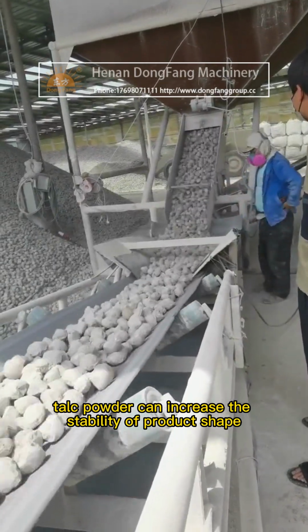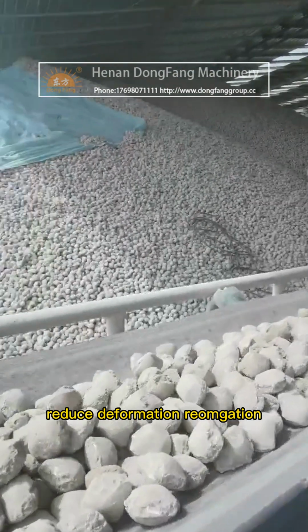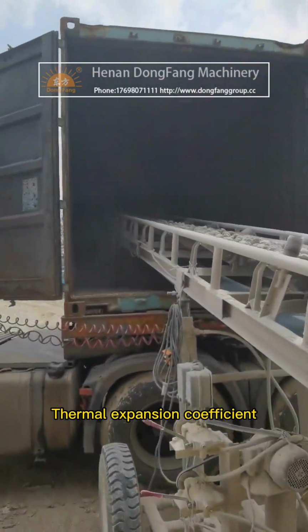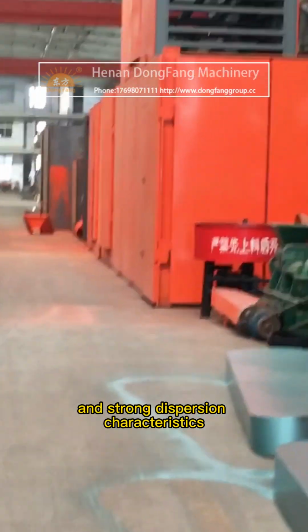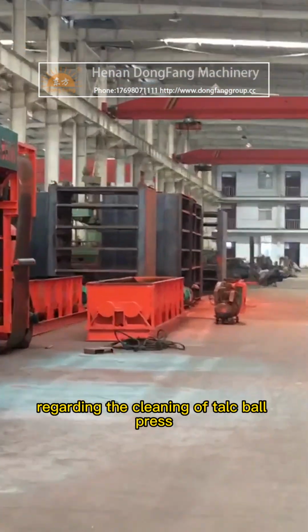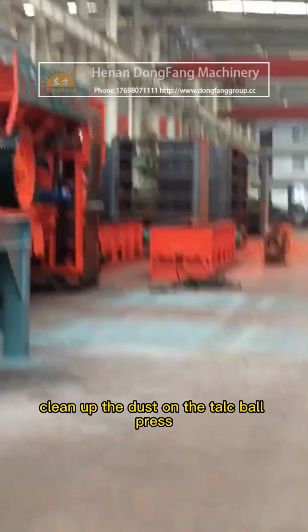Talc powder can increase the stability of product shape, and reduce deformation, elongation, and thermal expansion coefficient, with particle size uniformity and strong dispersion characteristics. Regarding the cleaning of the talc ball press, we should carefully clean up the dust on the